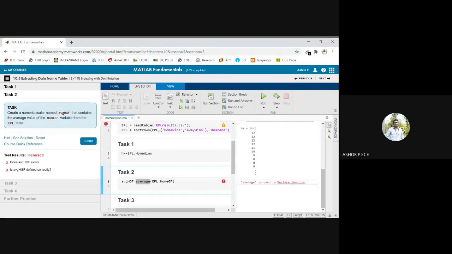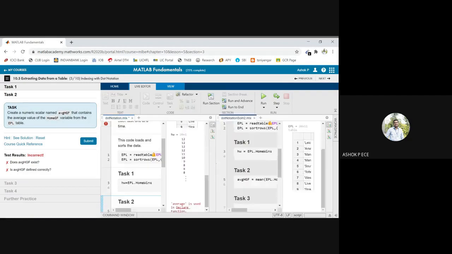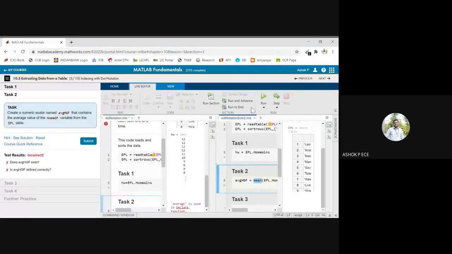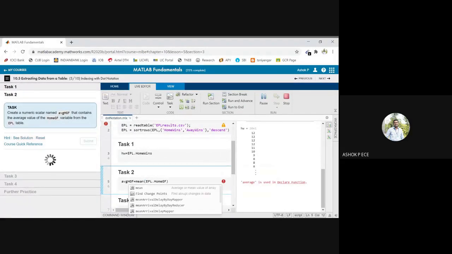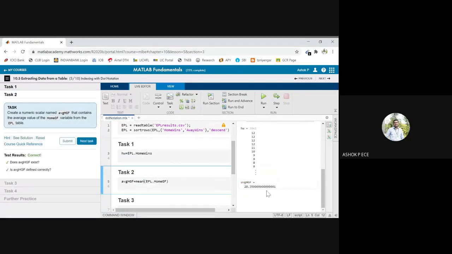Average is used in a different function, I think. It's AVG? Or mean. I think you also have something called mean, right? So yes, see here, mean. Previous versions of MATLAB had this command average; now it has become mean. Mean is going to be the average. Okay, 28.35. That is the average value of home